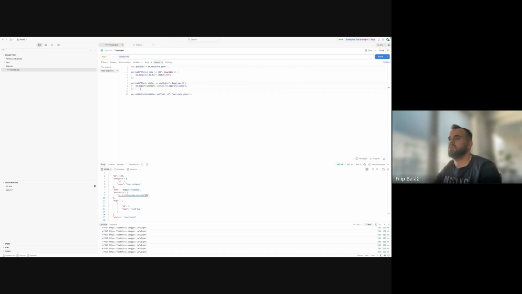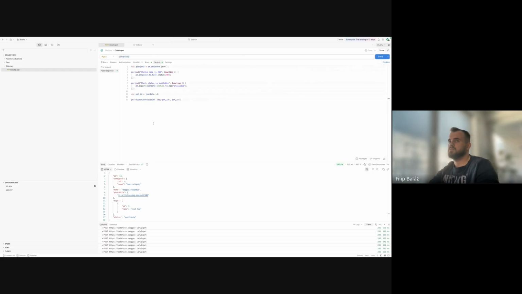What I want to do now is I want to specify a new variable, so var ID. And what I do, I want to go to the response body, so I will use JSON data, and I want the attribute ID to be saved, so I do it like this. Okay. And in this line of code, I will replace it with ID like this. Okay. And if I run the test now,